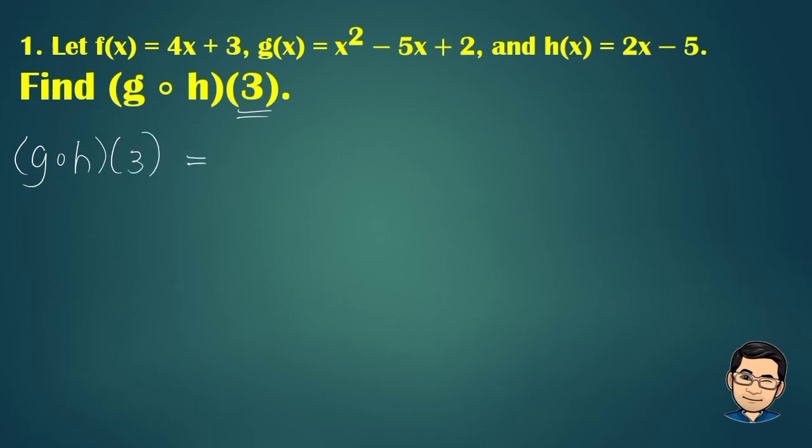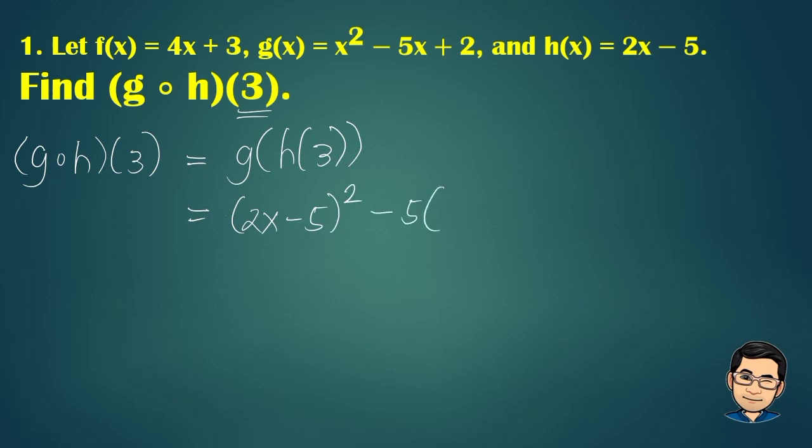Magiging ganito po siya, g of h of 3. Okay, so ang una po natin isa-substitute yung 2x minus 5. Okay, magiging ganito po siya. So, 2x minus 5 squared minus 5 times 2x minus 5